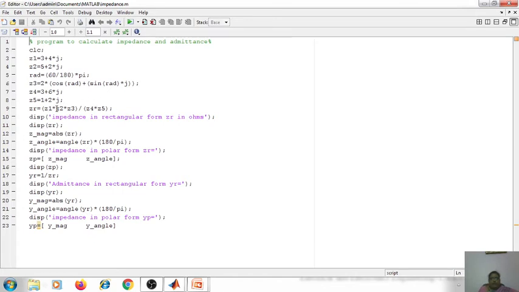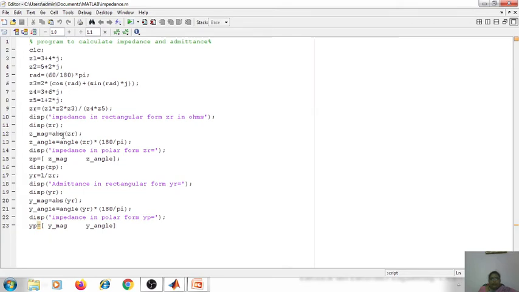Then here we are going to calculate the impedance in the rectangular form. Then this is going to display the impedance in the rectangular form ZR in ohms as text in the output, and here I am going to get the result. The calculated value of ZR will be stored in the variable ZR, and that value will be displayed here. Now the impedance whatever we have calculated, we get in the rectangular form.